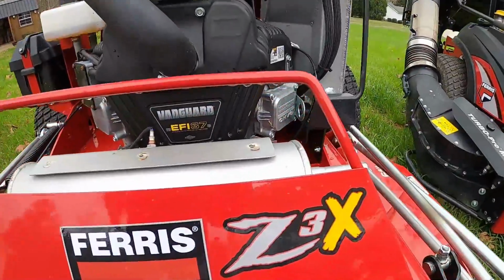A lot of people say, well, they're hard to drive, they're difficult to run. Really, they're not. Once you get used to it, it is very simple, very relaxed, easy mowing, and you can actually enjoy it. I guess my main go-to mower, everybody knows, is the Ferris